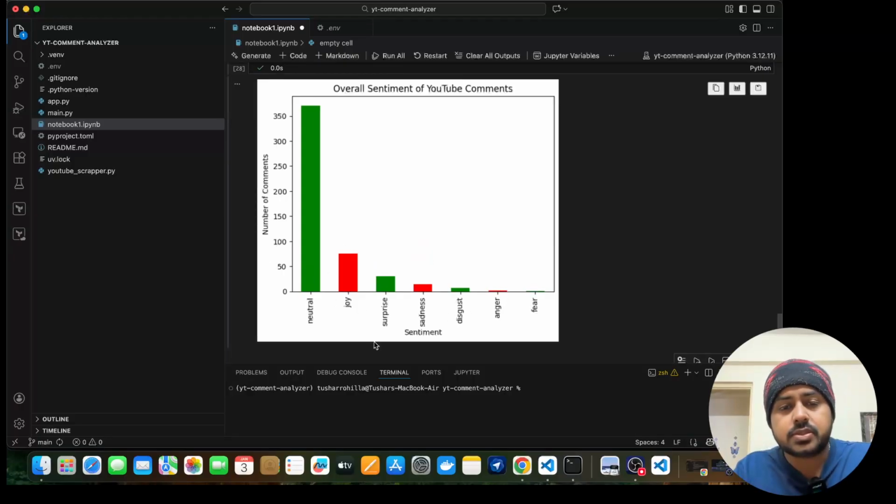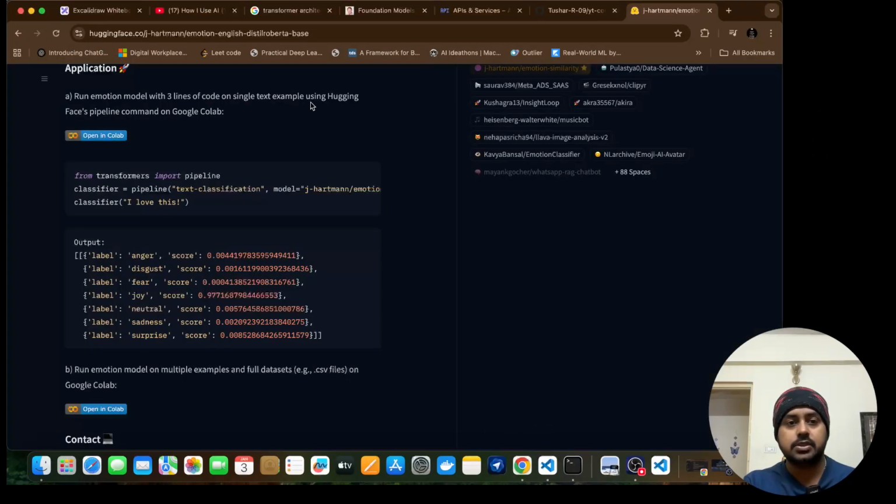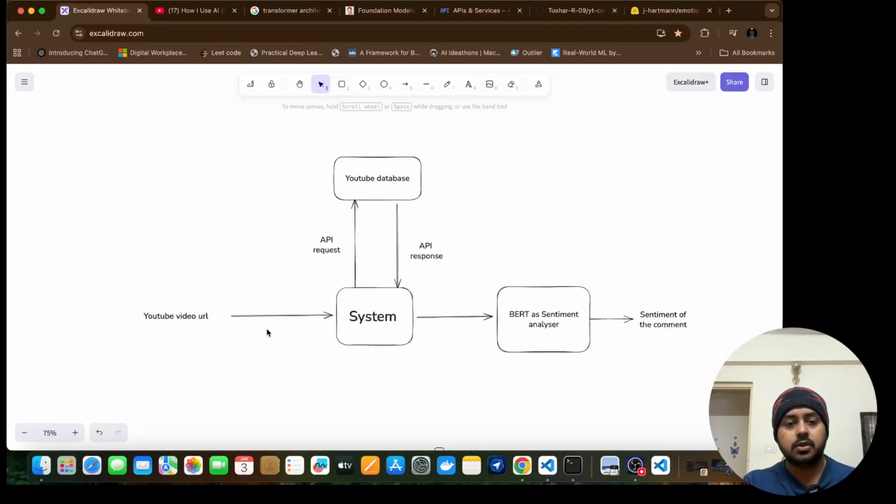So you see, still most of the comments are mapped to the neutral class because of the training data quality which has been used, but the model can be trained on a large dataset to make them perform much better. But the aim of this video is to show you how to make this system which we just discussed into the blueprint,